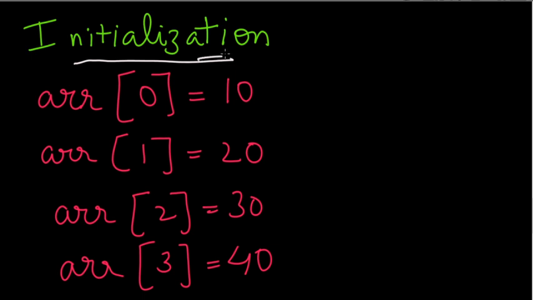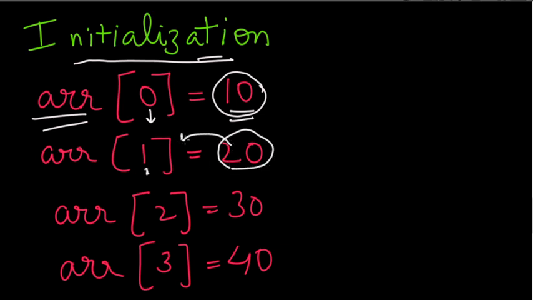Then there comes initialization. So what is initialization? That is assigning the values to the cells. So it's a reference variable. Then in brackets we have 0, that is the position index, is equal to 10. So the number 10 is basically allocated to the first cell. Similarly, we have ARR[1], that is position index 1, equal to 20. So the number 20 is allocated to the second cell, 30 is allocated to the third cell, and 40 is allocated to the fourth cell, or we can say the third index.